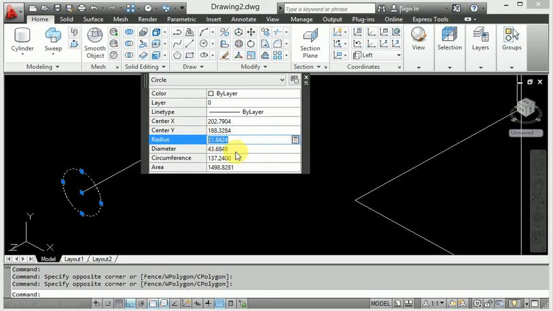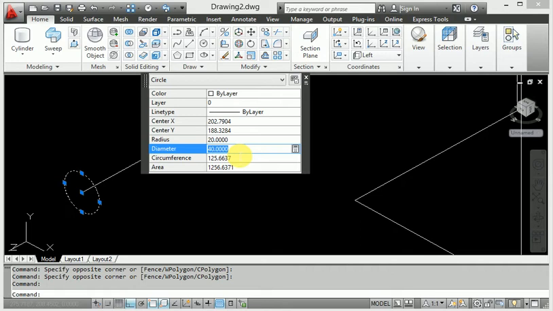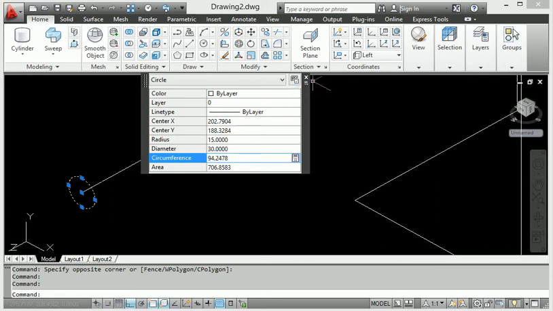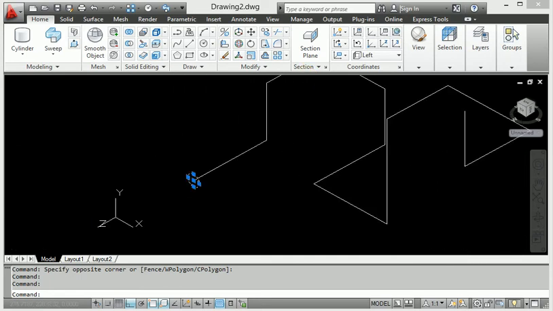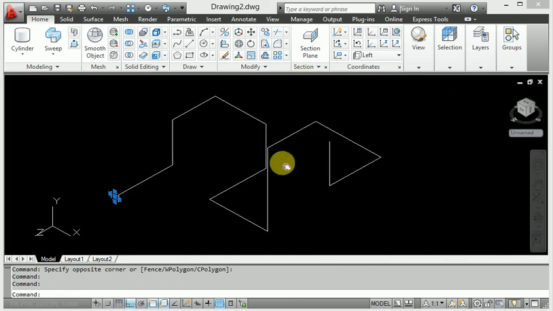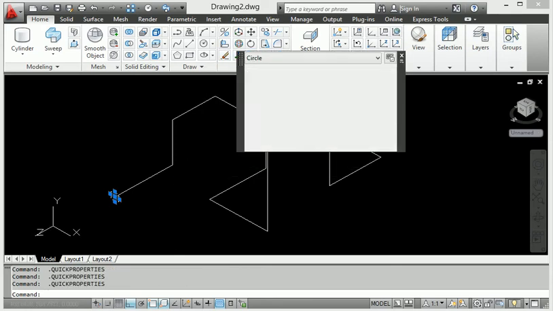The radius has been changed to 20 mm. If I change the diameter to 30, I get 30 mm. So that is complete in AutoCAD, and after that we go to move.